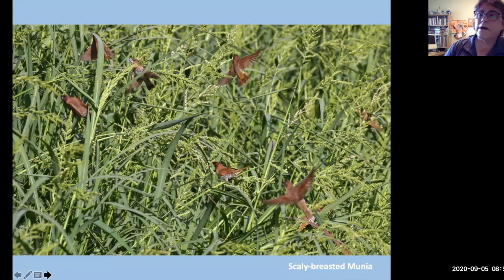Now they started off non-native, and now they're naturalized. So they've actually gotten their citizenship. So they're now counted as an ABA or American Birding Association bird. But they were originally escapees from pet stores. But now they have genetically changed enough to be a very distinct species from those that you can buy in a pet store. They're beautiful birds.